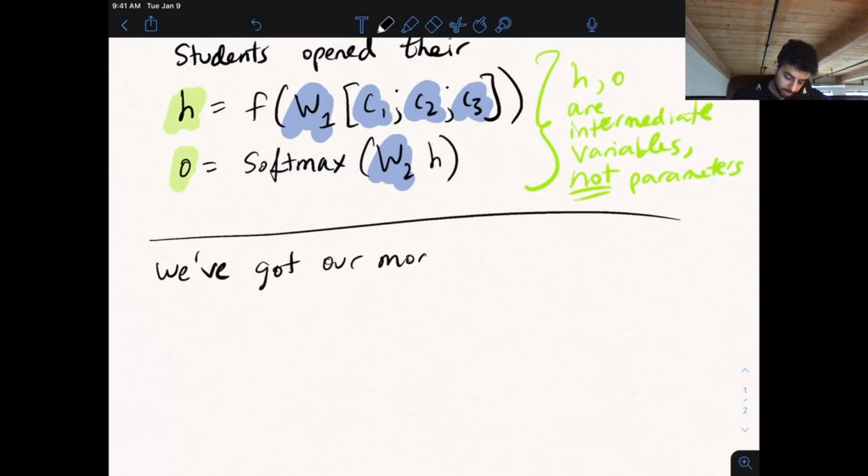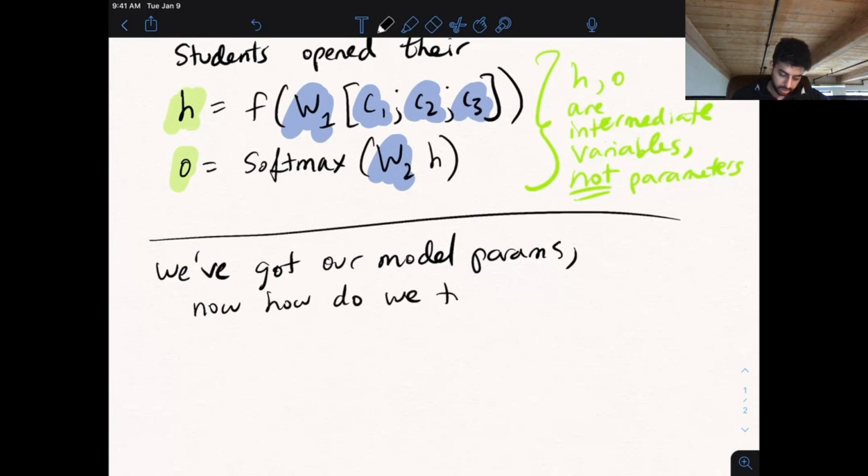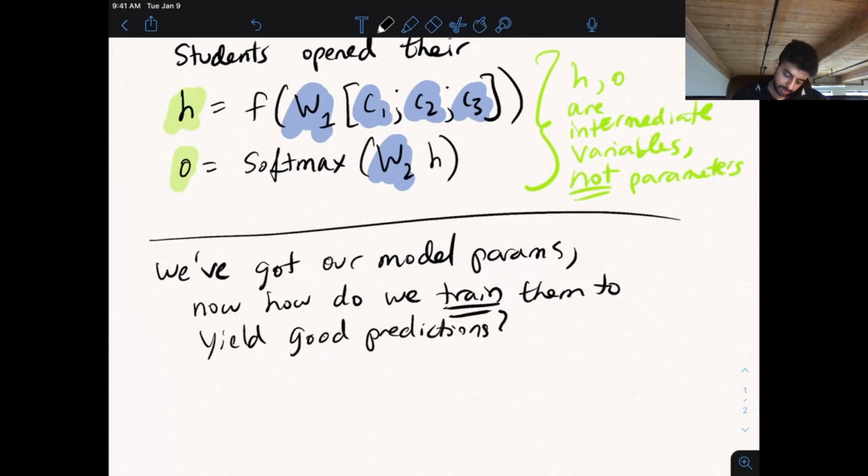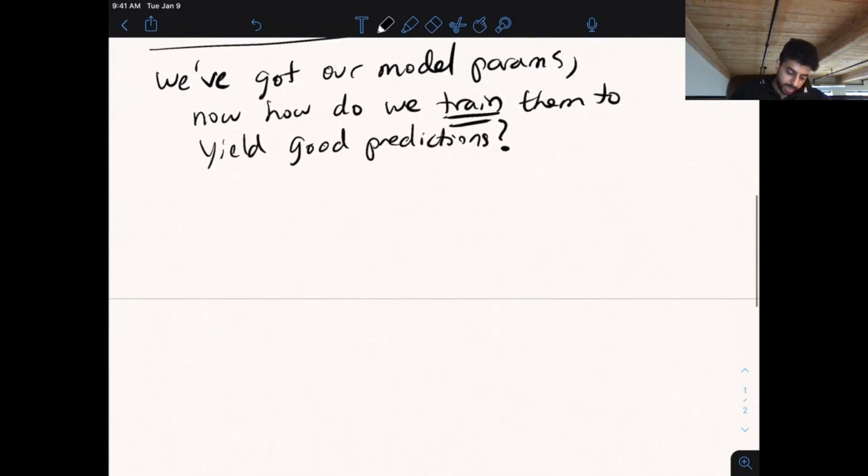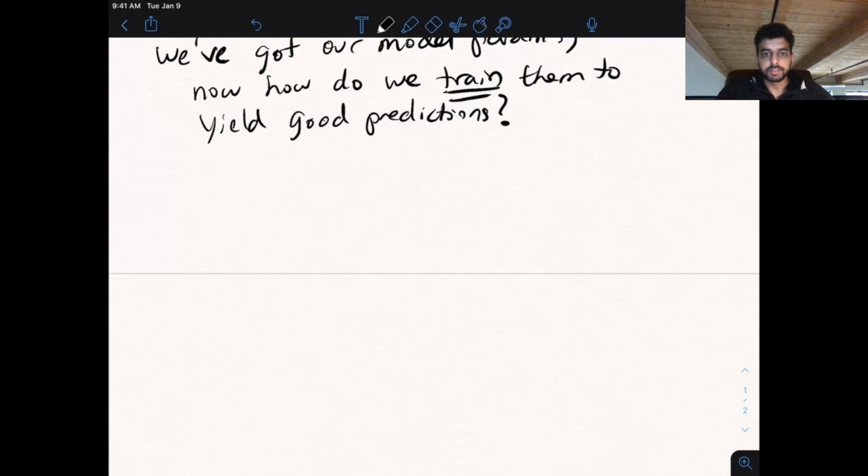Our model params. Now, how do we train them to yield good predictions? Apologies for my handwriting. You're just going to have to deal with that for this lecture and also other lectures